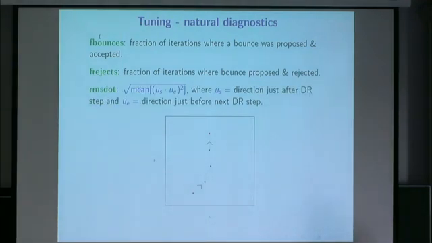All right, RMS dot. So we need a way of seeing from one rejection, or one bounce, or just a rejection, to the next one, which is basically a width of the posterior, how much you change. So how much does the velocity change from going from there to there? If I look at the cosine of the angle between these, just by taking the dot product, if I found the average of that, it would be 0, because sometimes it's going to go that way, sometimes it's going to go that way. So if I square it and find the average of that, and then the root of it, that actually gives something that's very sensible, because you can even kind of calibrate it. In dimension d, this should be 1 over root d.